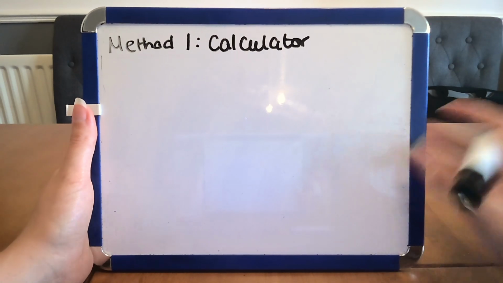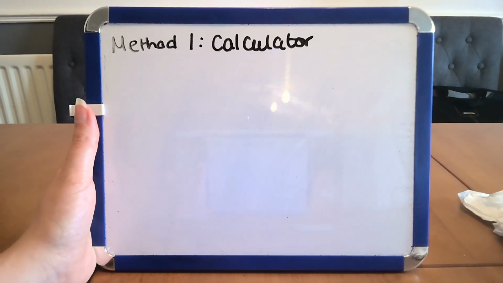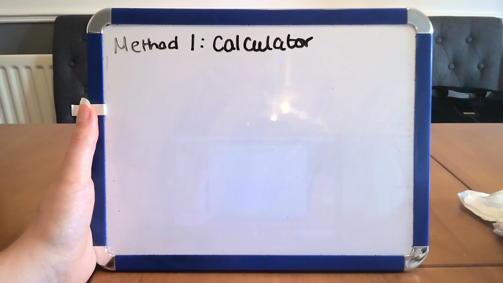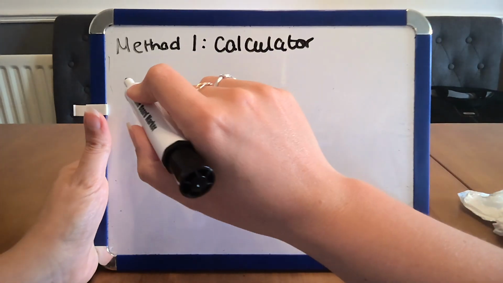Video is going to go through different ways of answering percentage questions. So the first method is going to be to use a calculator. Now some calculators, including scientific ones and the ones that you can get on your computer and phone, will have the percentage symbol on there. But it is always useful to know what to put into your calculator, especially if it doesn't have that percentage mark on the calculator. So our sum is going to be